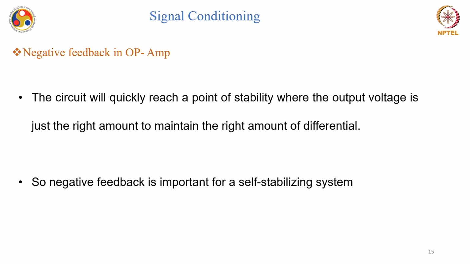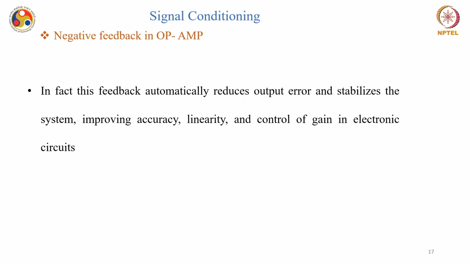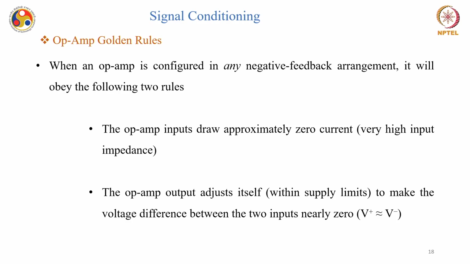So negative feedback is important for a self-stabilizing system, and you will see that all the negative feedback op-amp circuits that we'll discuss here will be stable. Because of this, negative feedback configuration gives the op-amp the capacity to work in its linear mode, also known as the active mode of the op-amp, as opposed to only the saturation regions that the op-amp can operate in in case of positive feedback. In fact, this feedback automatically reduces output error and stabilizes the system, which improves its accuracy, linearity and control of gain in all kinds of electronic circuits, including measurement and instrumentation